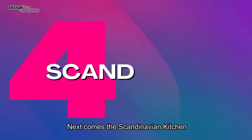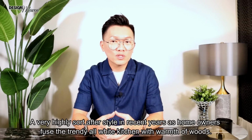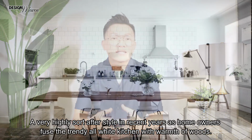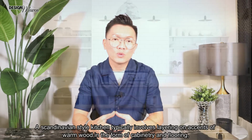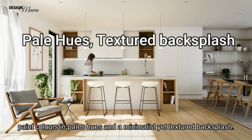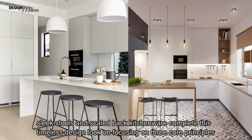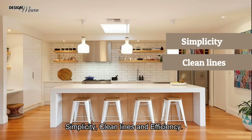Next comes the Scandinavian kitchen, a very highly sought after style in recent years as homeowners fuse the trendy all-white kitchen with the warmth of woods. A Scandinavian style kitchen typically involves layering on accents of warm wood in the form of cabinetry and flooring, paint colours in pale hues and a minimalist yet textured backsplash. Sleek stools and scaled-back kitchenware complete this timeless design look focusing on three core principles: simplicity, clean lines, and